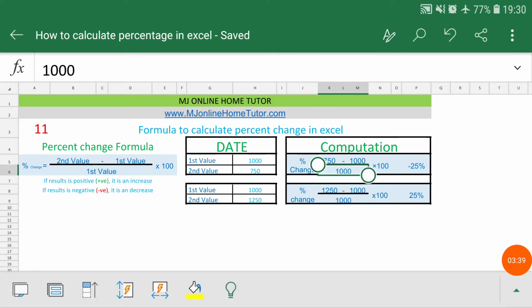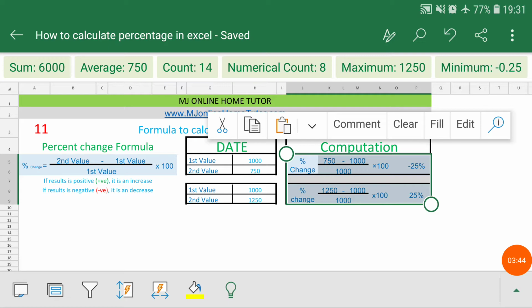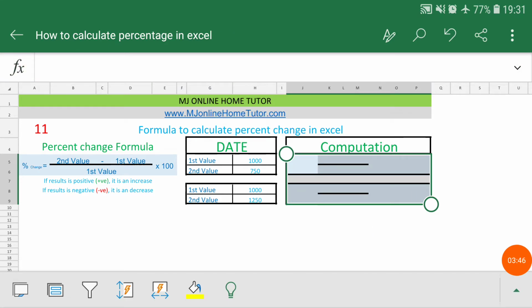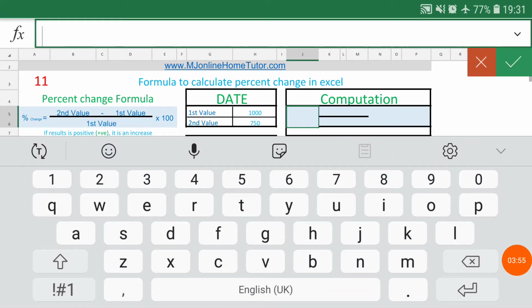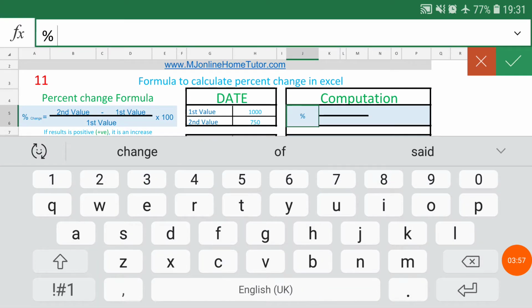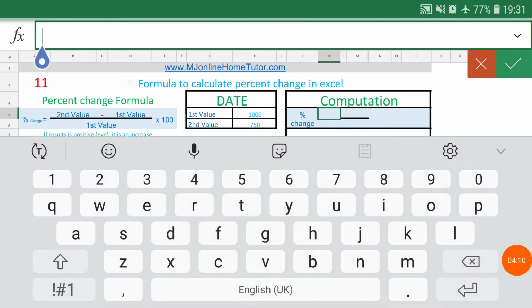So I'm going to clear this data and the formulas from these cells, so I can apply the formula over here. The formula is simple. For the change of percentage, the percentage change formula: the second value we have is 750.